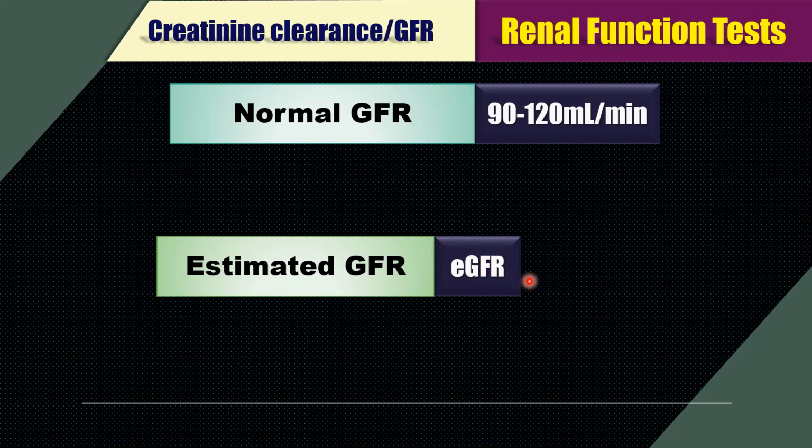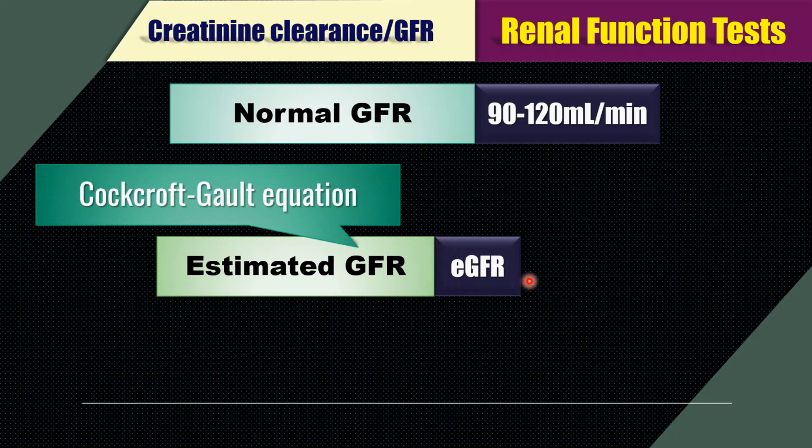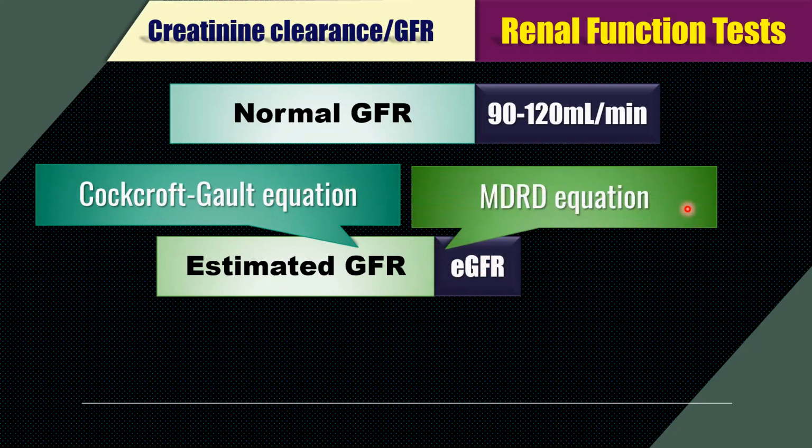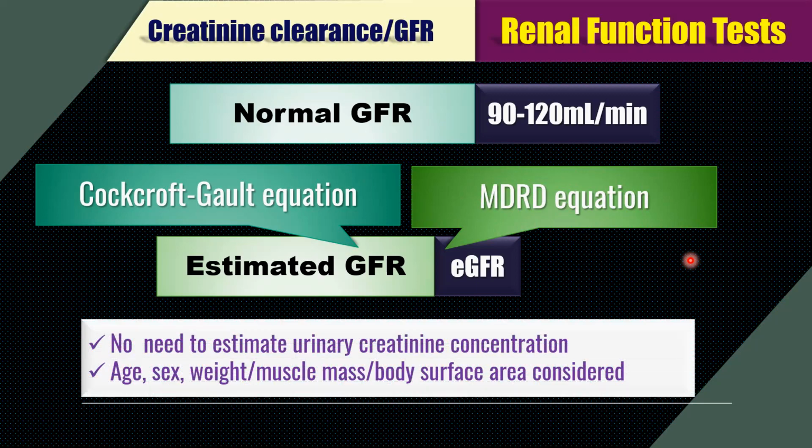There are two popular formulas to estimate GFR. One is called the Cockcroft-Gault formula or equation, and another one is called the MDRD formula or equation. MDRD stands for Modification of Diet in Renal Disease equation. With these two equations, there is no need to estimate the urinary concentration of creatinine, and parameters like age, sex, weight, muscle mass and body surface area are considered, so that it will be easy to